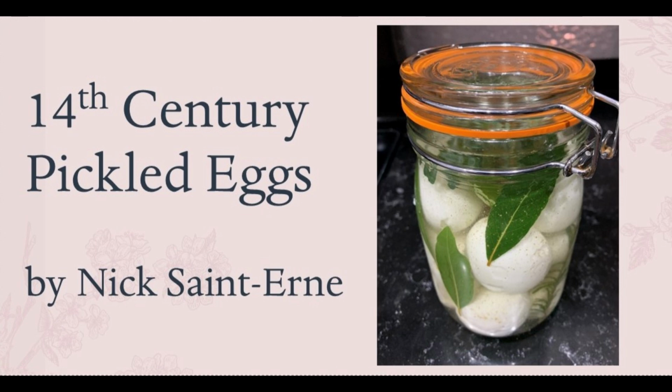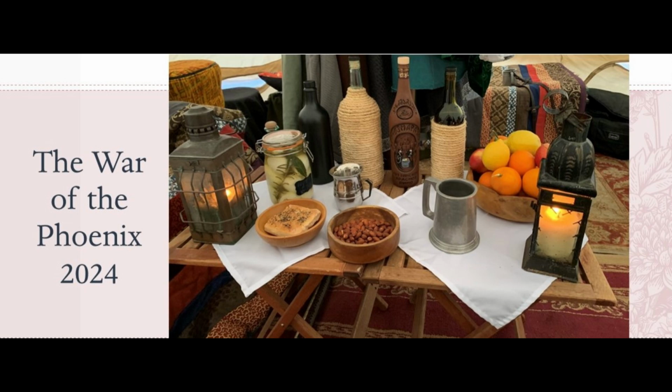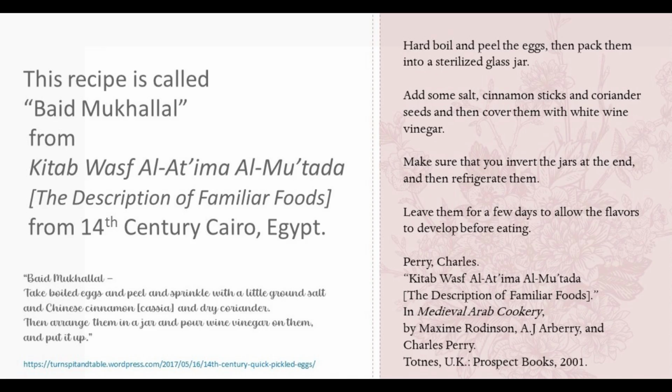Here is a recipe for 14th century pickled eggs. I originally made this recipe to take the eggs to the War of the Phoenix in February of 2024 to eat between battles. This recipe is called Baid Mukhalal, and it was originally from a book from 14th century Cairo, Egypt. I found the recipe on the website Turn, Spit and Table, but it was also reprinted in a book